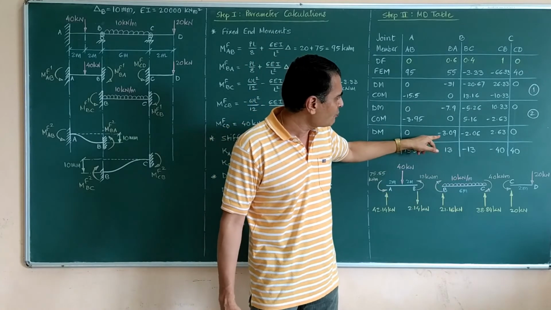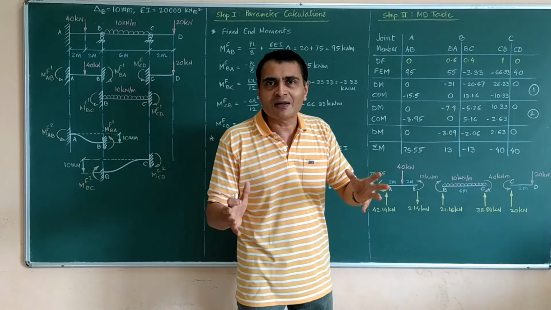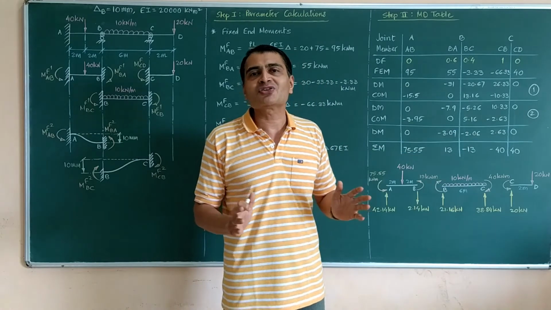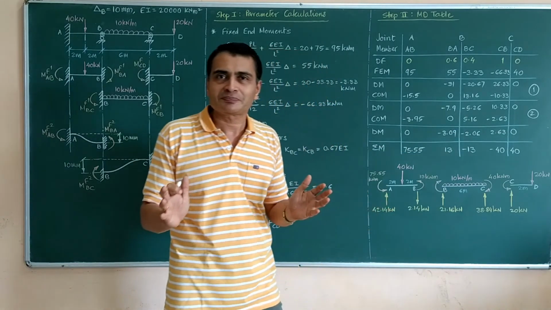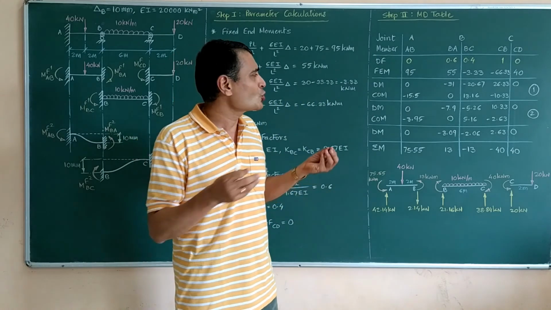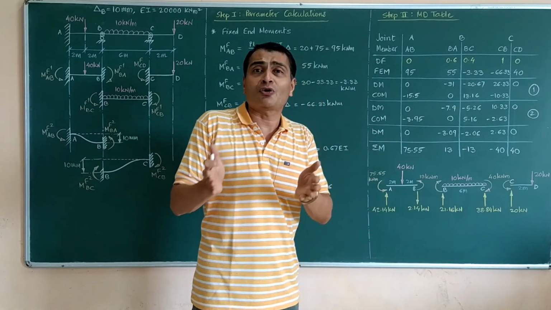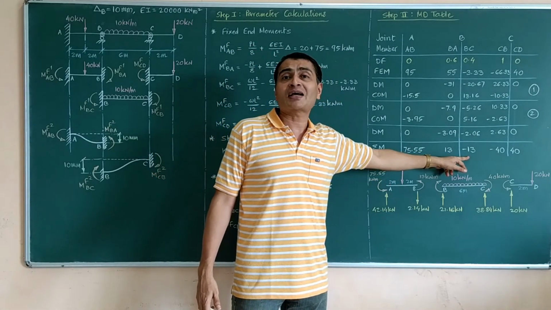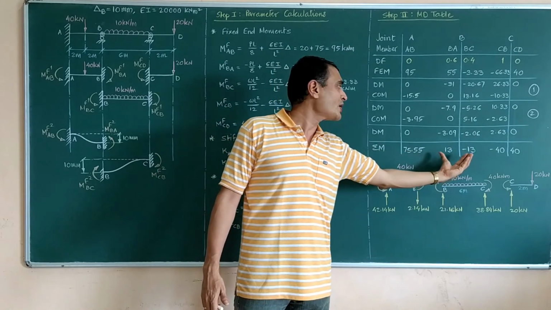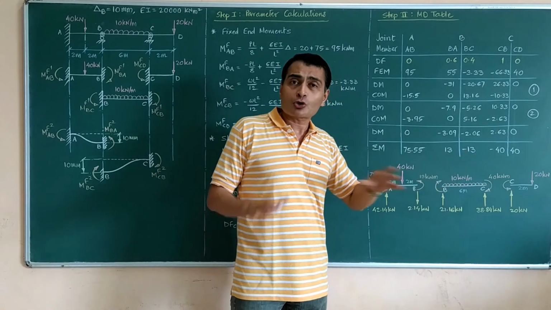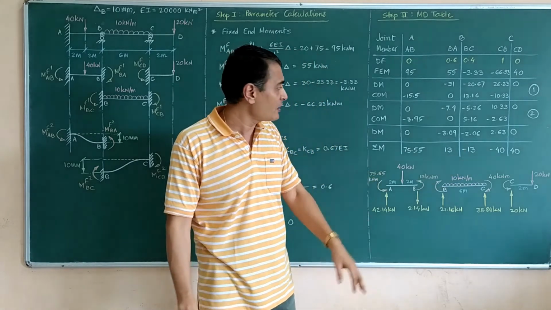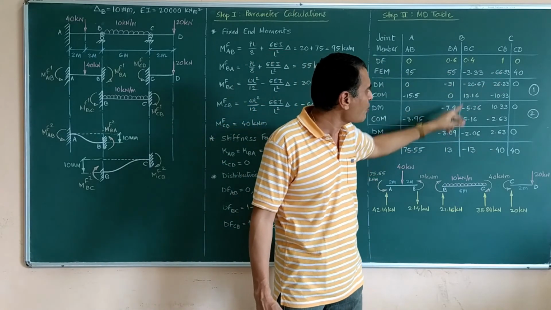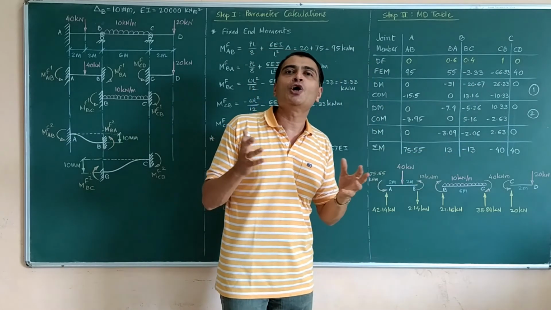If you wish, you can further carry over these moments to the other end, again check the imbalance, again do one more cycle, you will definitely get a very good balance, acceptably accurate results. As I said, I just thought of checking the error, the difference in 2 cycles, and to my very pleasant surprise, I did not get any non-acceptable error. This was quite acceptably close. So I have stopped my moment distribution table here, and then I sum up these values, and these are my end moments.